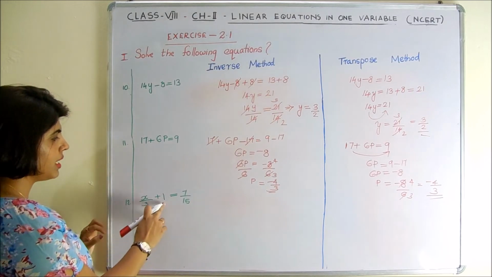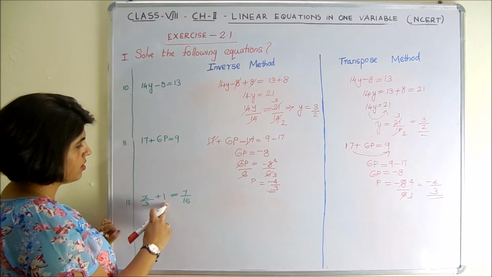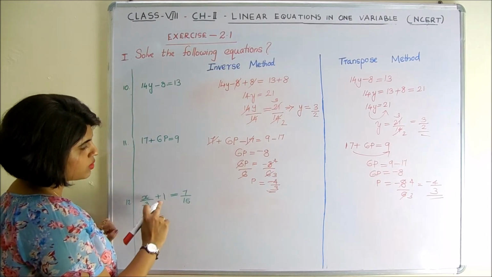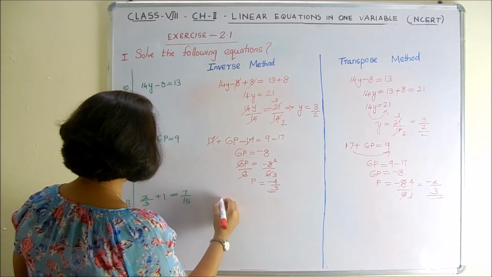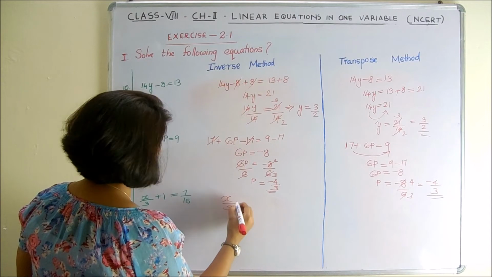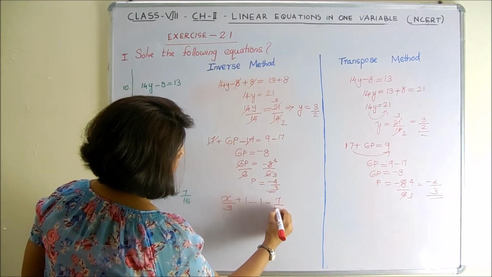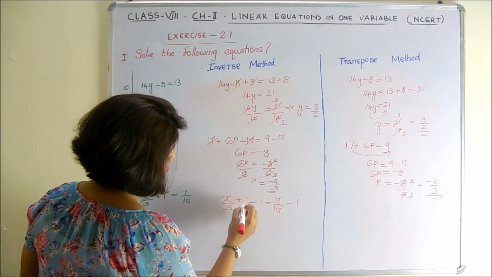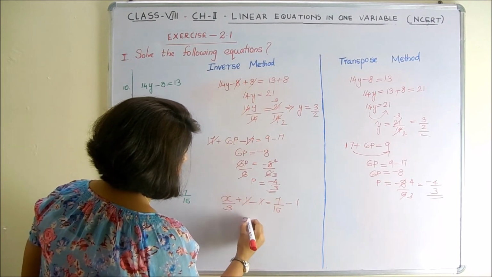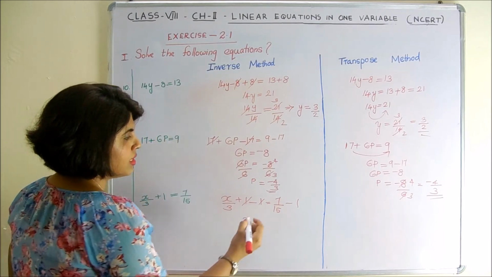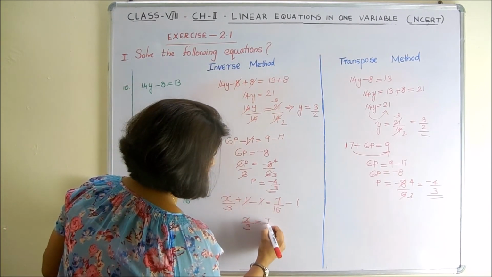Our 12th question is x by 3 plus 1 equal to 7 by 15. Here we have to eliminate 1 first. So that we have to subtract 1 from both sides of the equation. Then the equation becomes x by 3 plus 1 minus 1 equal to 7 by 15 minus 1. Here this 1 will get cancelled. So the equation becomes x by 3 equal to 7 by 15